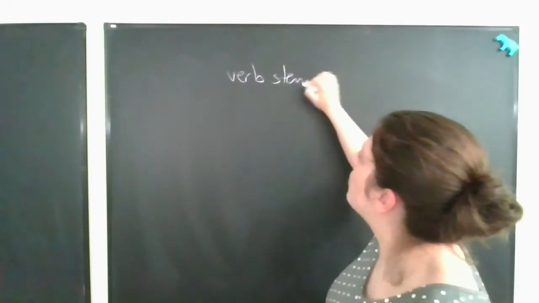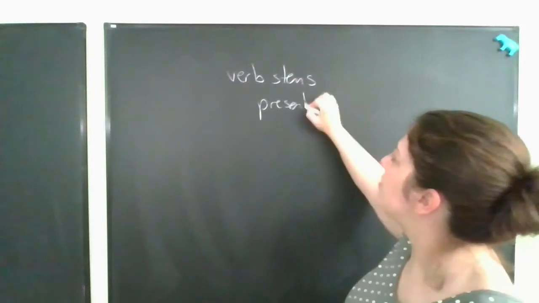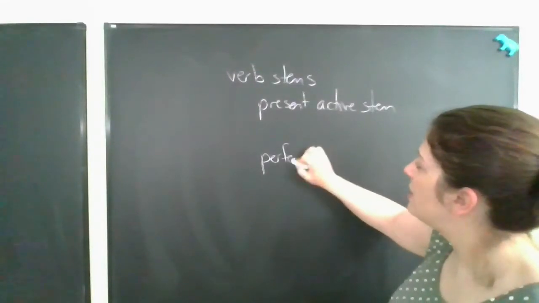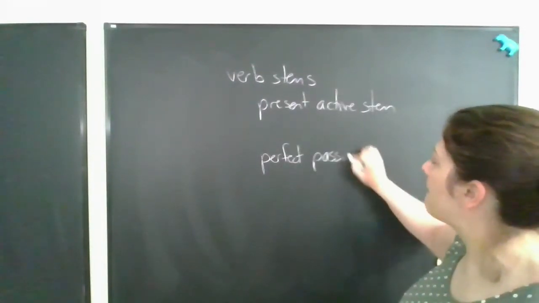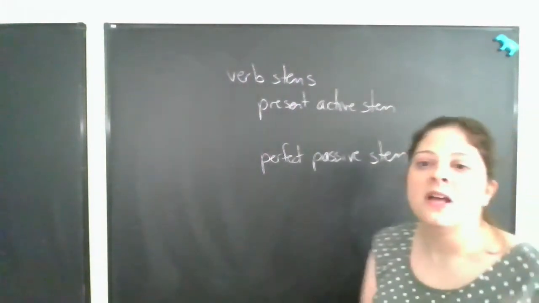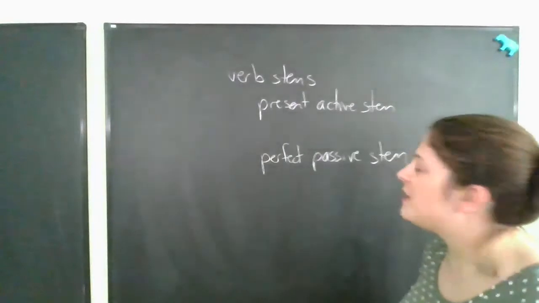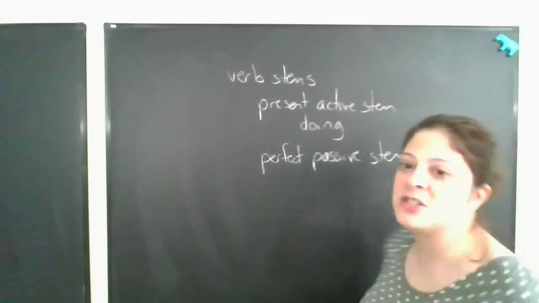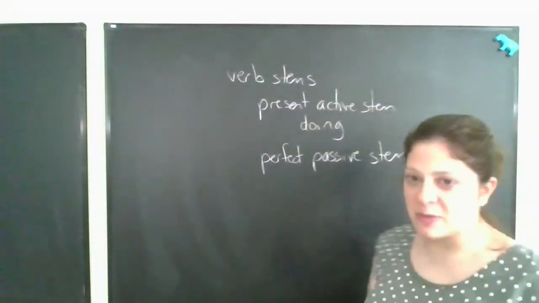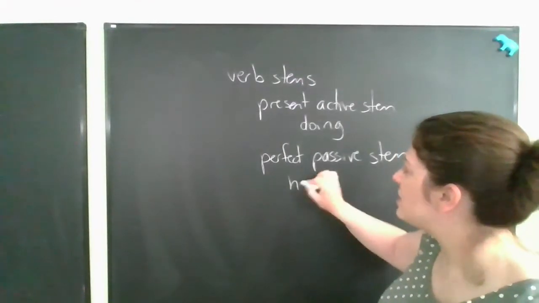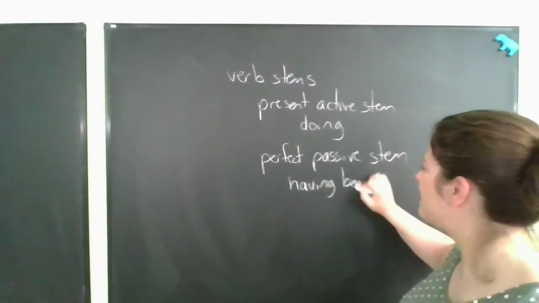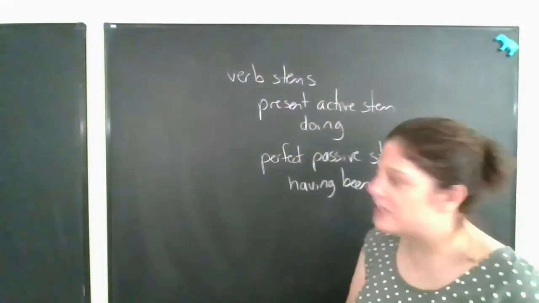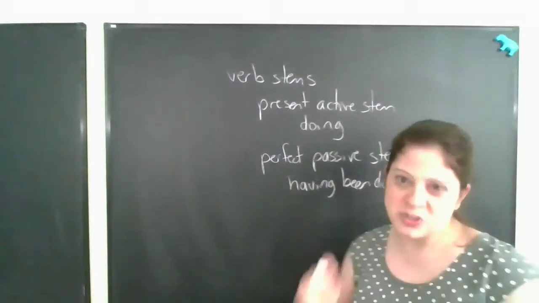So for any given verb, what we're usually interested in is the present active stem and the perfect passive stem. Okay. So the present active stem gives us a root that suggests an action that is happening, right? This is the doing, the sense of doing. It's doing this. When we take the perfect passive stem, on the other hand, we get a sense of a completed action, something that is having been done, right? This is an ongoing action. This is a completed action. And we're going to see that there's a bit of a difference in usage of the 2 stems.